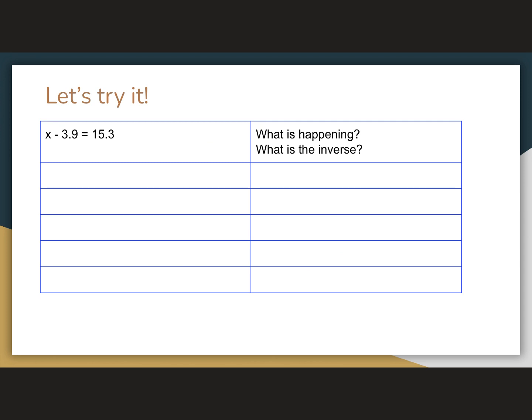Okay, so let's try a couple. This is the one that we're just looking at. So what's happening? Well, it's similar. We are subtracting 3.9. The opposite of subtracting 3.9 is going to be adding 3.9. So I'm going to write the equation with adding 3.9. This is my addition property of equality, and I'm going to be adding